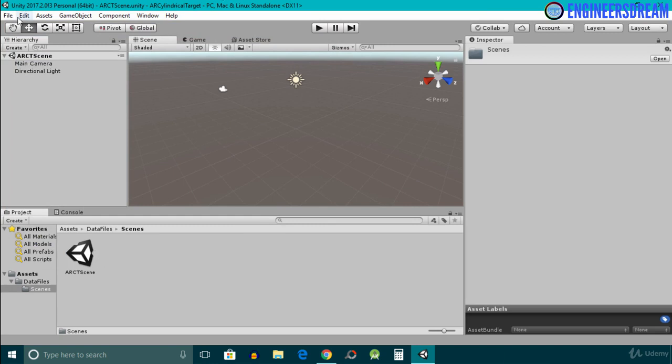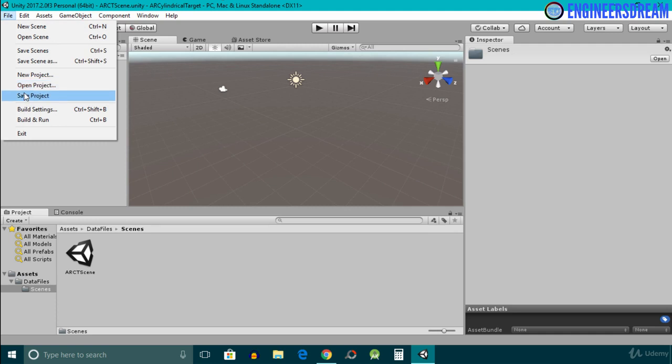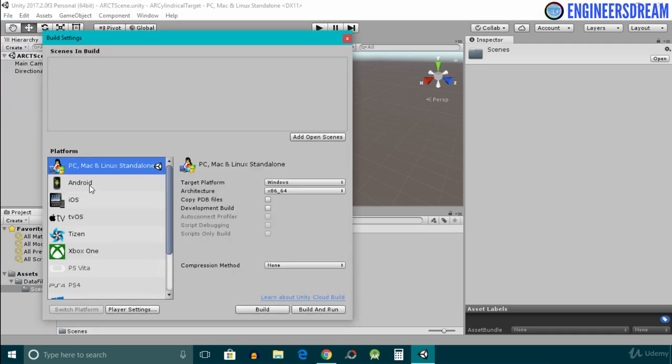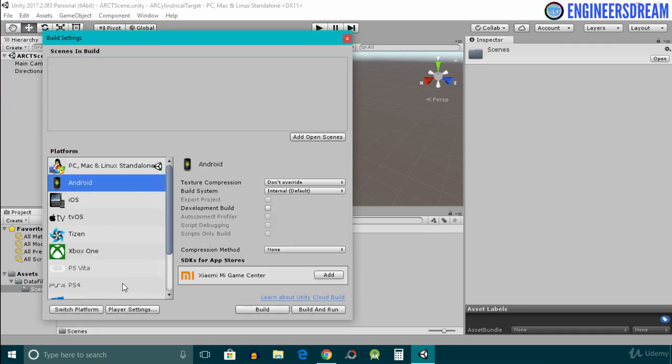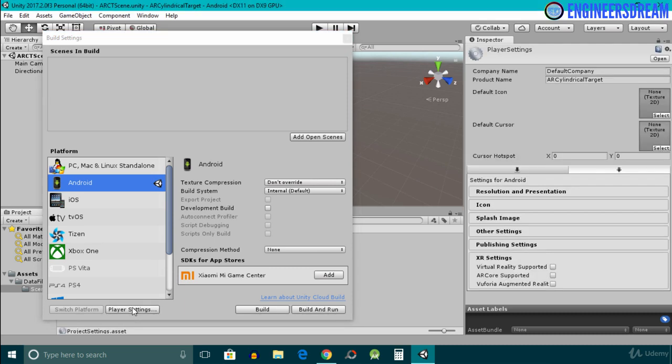Okay, after saving the scene, next I'll switch the platform to Android. So I'll click on file. I'll then click on build settings. After this, I'll select the Android platform and I'll then click on switch platform. If you're building this app for iOS, then you can select the iOS platform and then you can click on switch platform. Okay. Now, after switching the platform, next I'll click on player settings, and inside the player settings, I